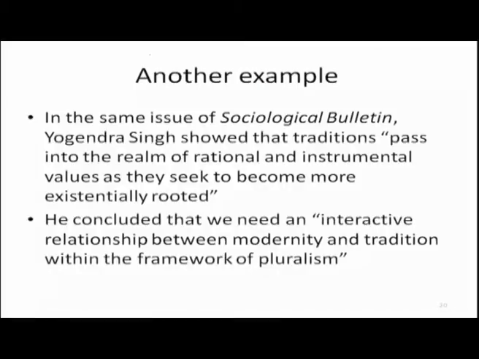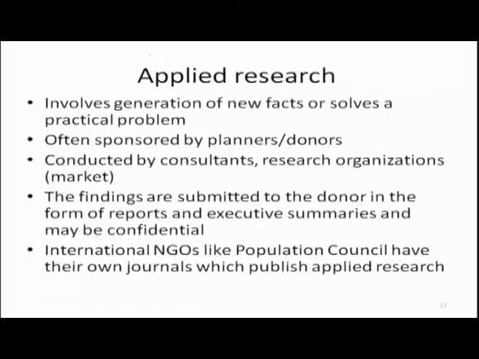Now, this means that earlier people looked at modernity and tradition in a dualistic framework, that a traditional society gradually becomes modern by following a linear and well accepted path of modernization. But Professor Yogesh Singh is saying that various combinations, penetrations and interactions between tradition and modernity are possible, and in India, within the framework of pluralism, we have to explore what kind of shape the interaction between tradition and modernization is taking and what is most suited for us.